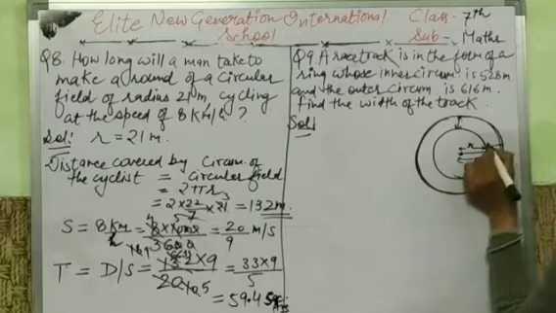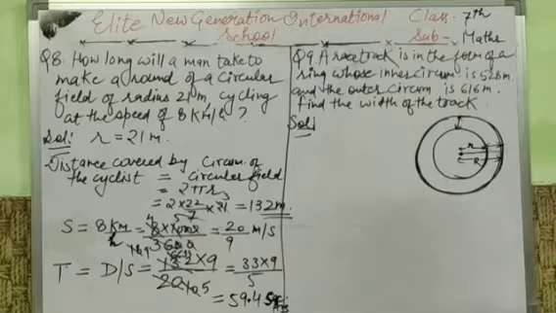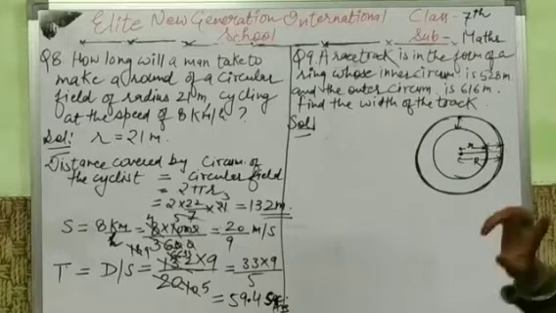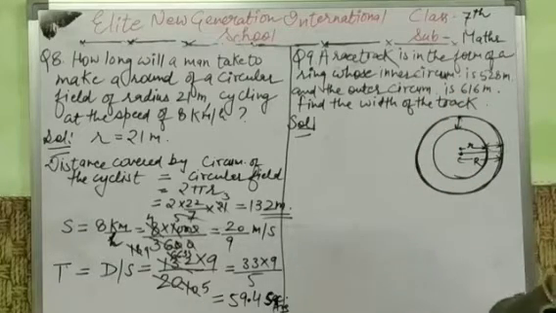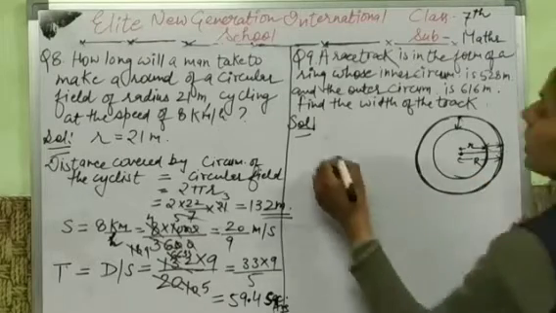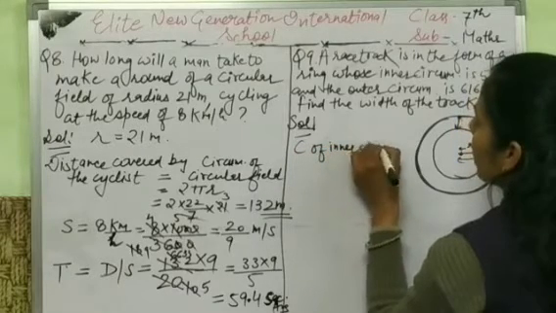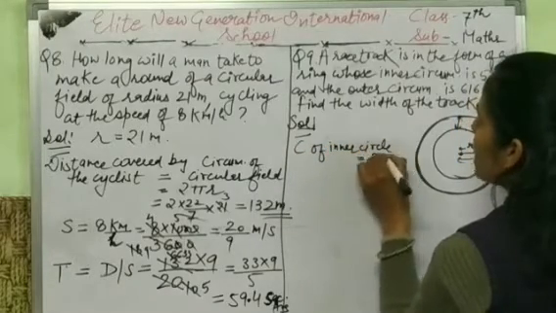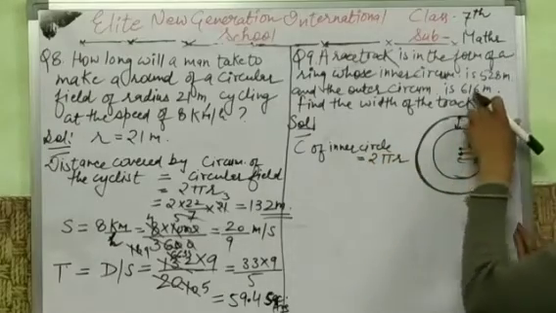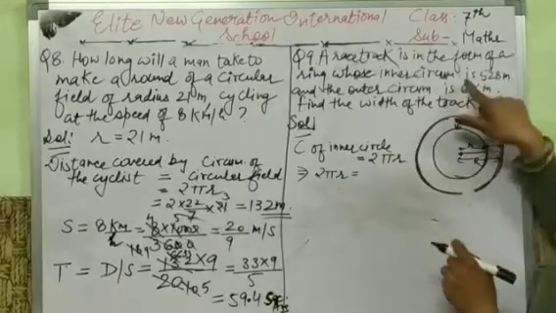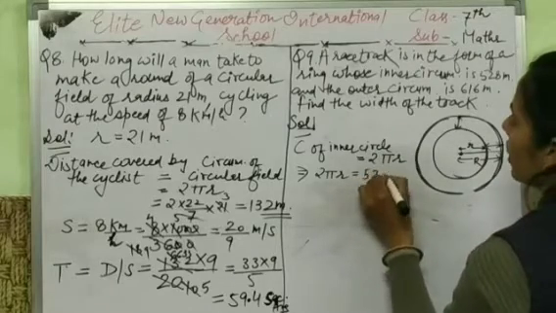We have to find this distance, right? This is the width of the track. First of all, what information is given in the question here? Inner circumference. We know that the circumference of a circle is 2 pi r, but for the inner circle, the circumference of this inner circle is 2 pi small r, which is equal to 528, not 616.